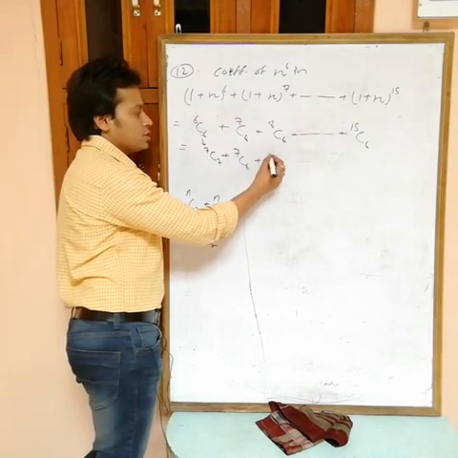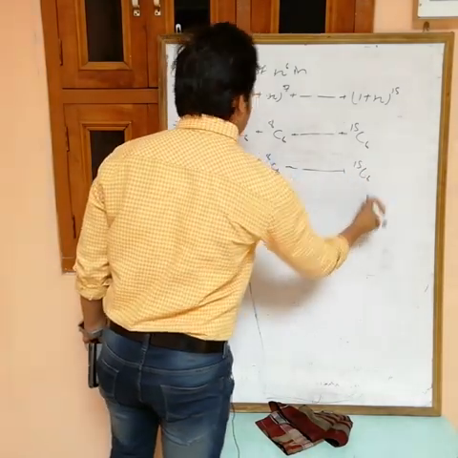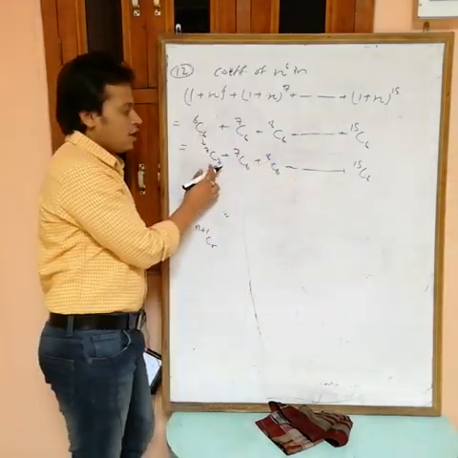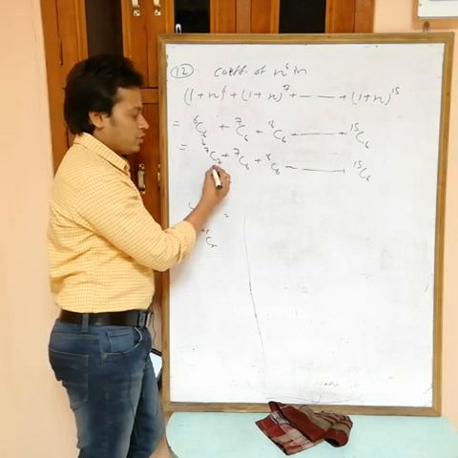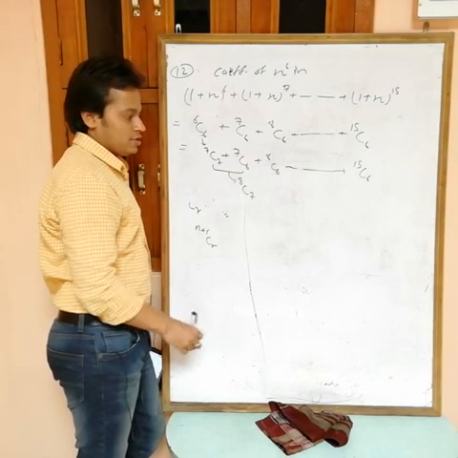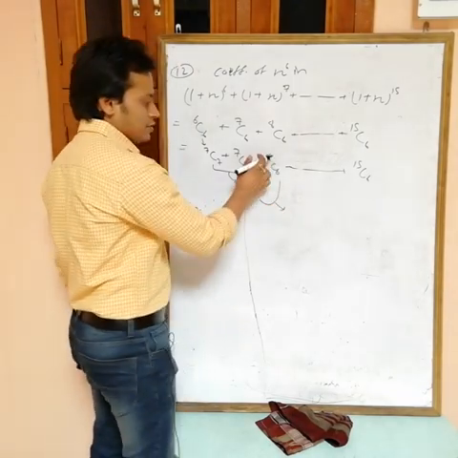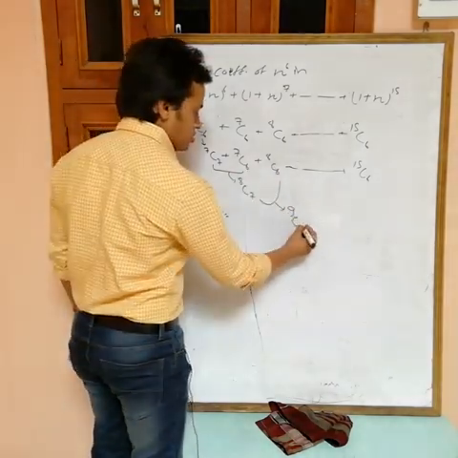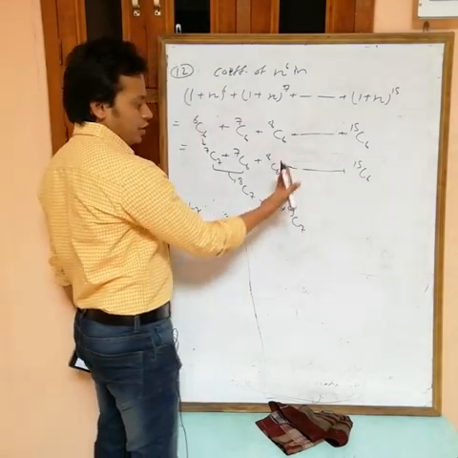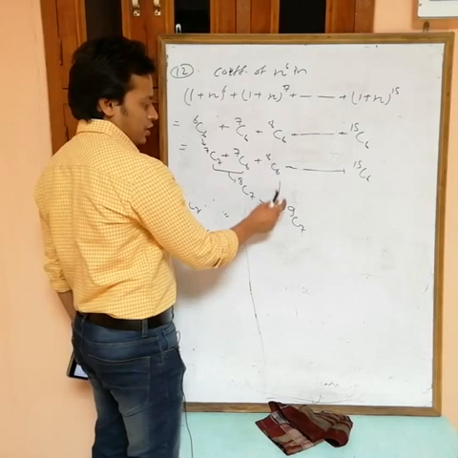Now 7C6, 8C6, otherwise we can't add this one now, 15C6. Now see, nCr plus nCr minus 1. If you add these two, you will get n plus 1 Cr, 8C7. Now if you add these two, then you will get nCr plus nCr minus 1 equals n plus 1 Cr. So if you are adding up to this one, 8C6, what you are getting as the answer is 9C7.